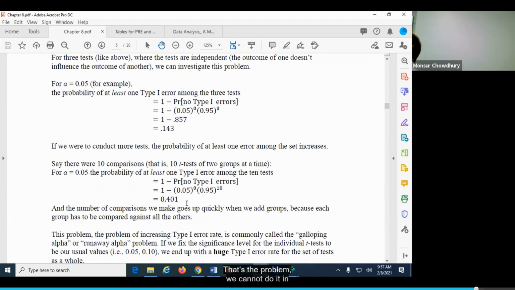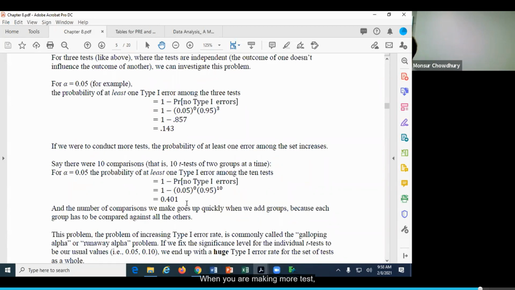We cannot do it this way, with multiple comparisons. So what we have to do is the ANOVA. You can ask me why you cannot do the t-test here. We cannot do it because for each pair of tests, the chance of making at least one error gets higher.